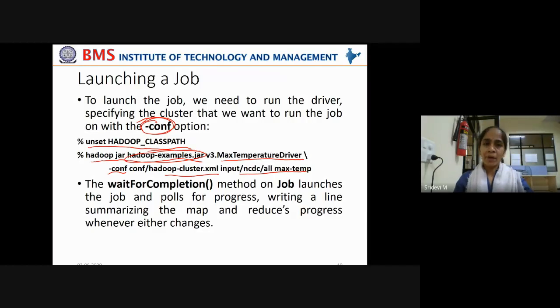If any map task or reduce task progresses, that will be summarized by sending a single line to the user interface, indicating progress up to a certain percentage. That status is written by the waitForCompletion method.